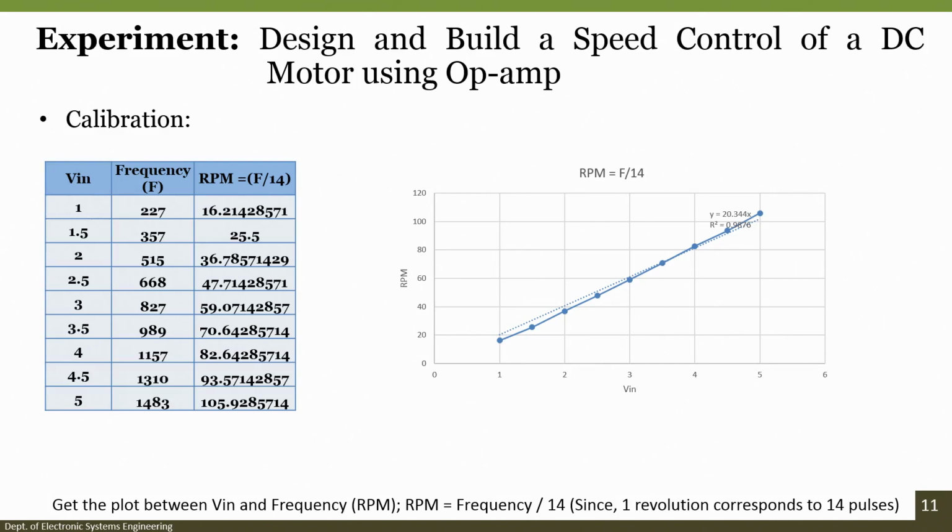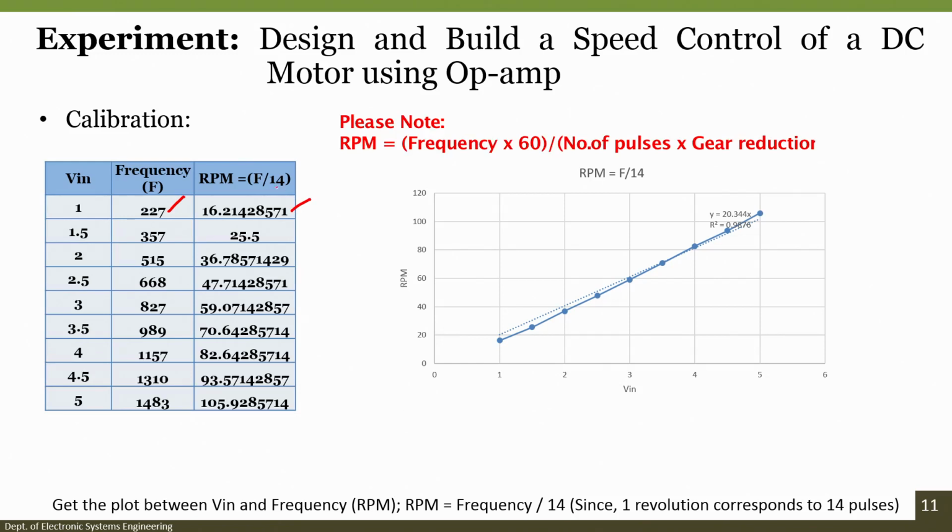As we know, the number of pulses coming from the encoder depends entirely upon the RPM of the motor. Increasing the voltage increases the RPM of the motor, so the number of pulses we get per minute also increases. One way to visualize that is by looking at the frequency, and we obtained the frequency from the CRO, which we divided to get the RPM using 14.